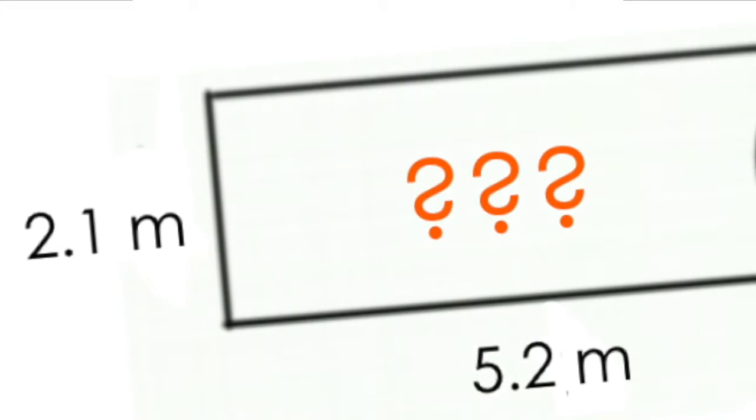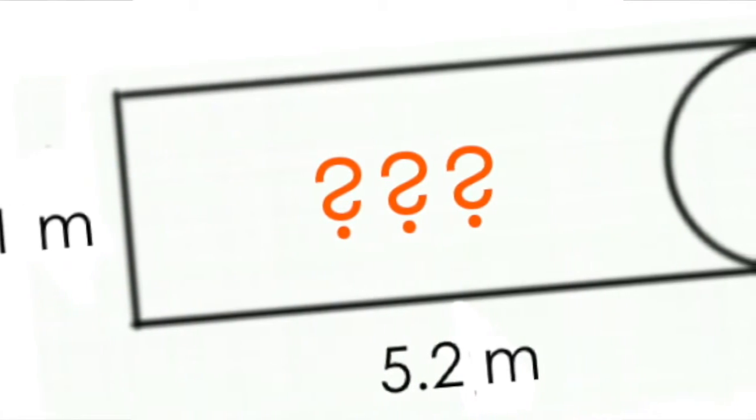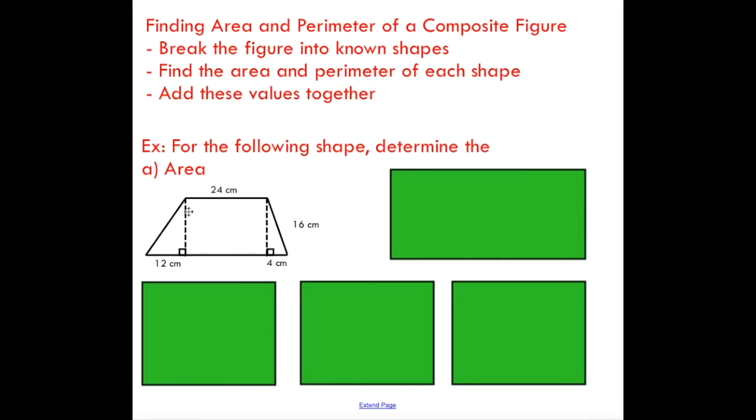Find the area and perimeter of a composite figure. What you want to do is break the figure into known shapes. So we want to find the area and perimeter of each shape, and then we're going to add all those values together. For example, this guy right here, I've got this kind of trapezoidal shape, and I've broken it up